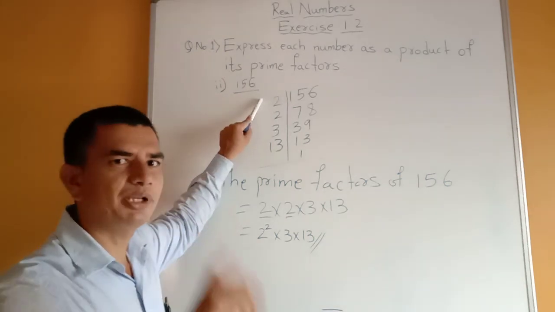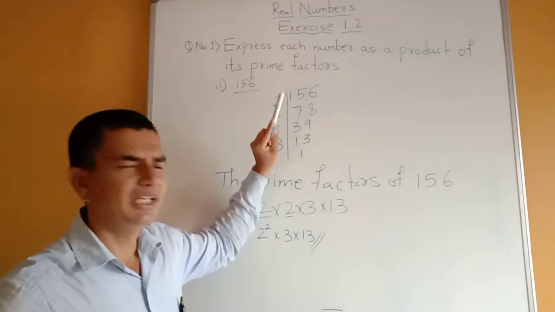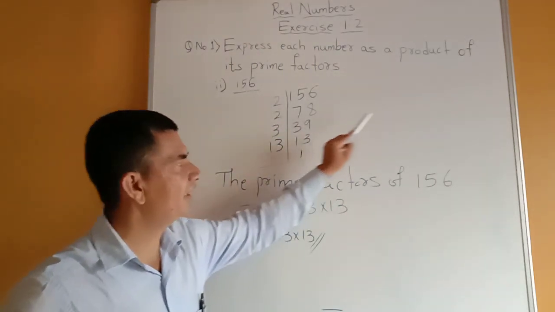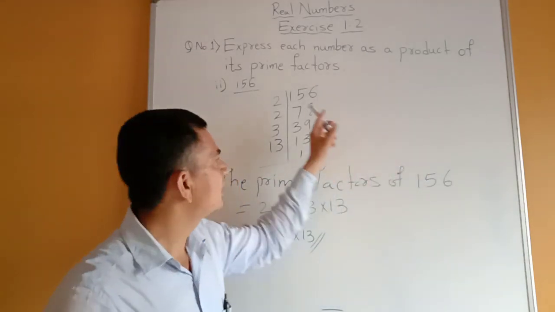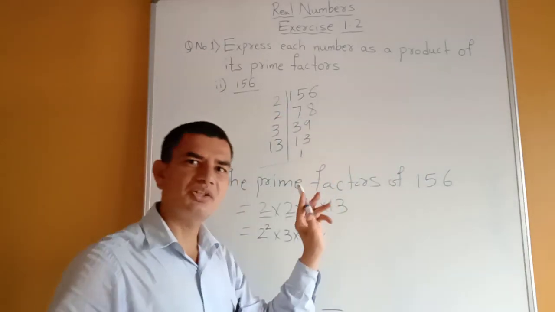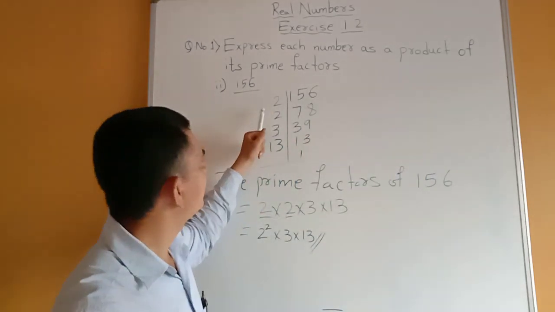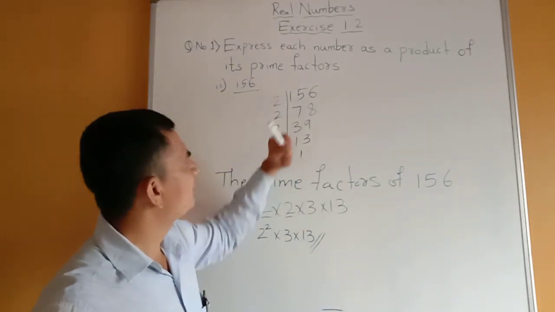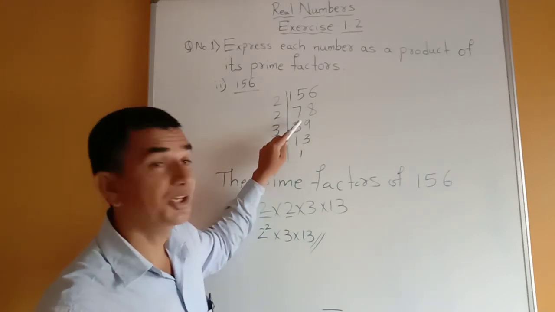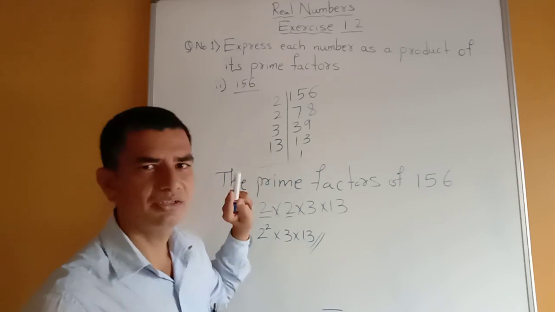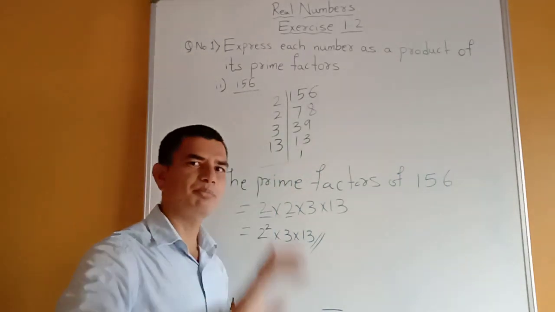2 is a prime number, so we have taken here 2. 278 is a 156. If you know, you can't do here directly, in rough you can divide and you can do. So better you have to do directly because you are in 10th standard. Not need to do the division. And 278 is 156, 238 is 78, and 313 is the next 13 ones are. 13 we have taken directly because it is a prime number.